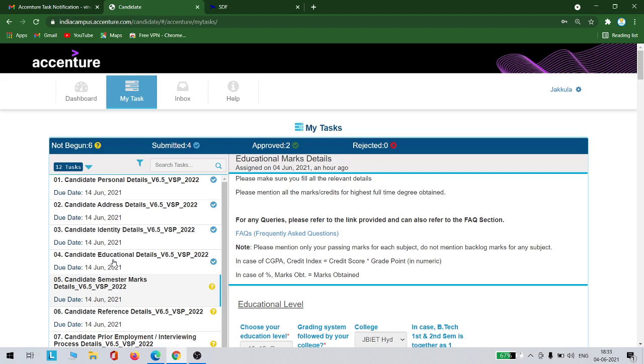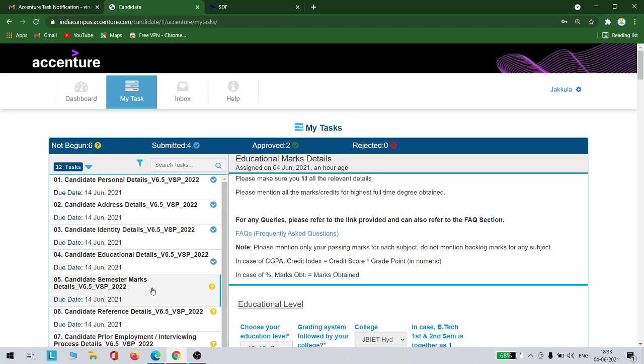This is something that you will get, though you are providing the correct mark sheet of your graduation. This pop-up is coming, so you have to say agree and continue for all those. This was done by many of the students in the previous year as well. So you can click this agree and continue. I did the same. After that, this task will also be submitted. So these 4 tasks are submitted now, and I'm completing this 5th task.